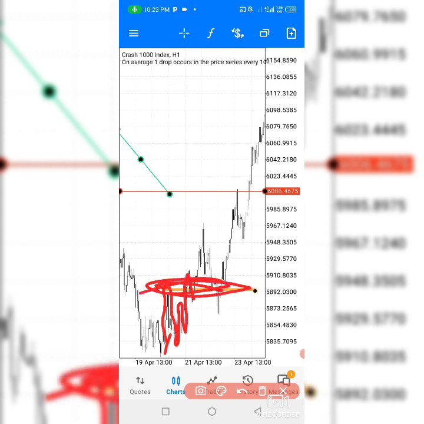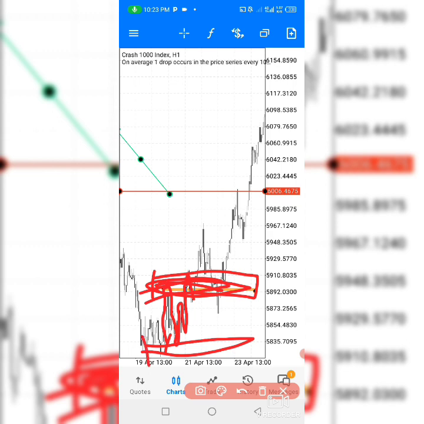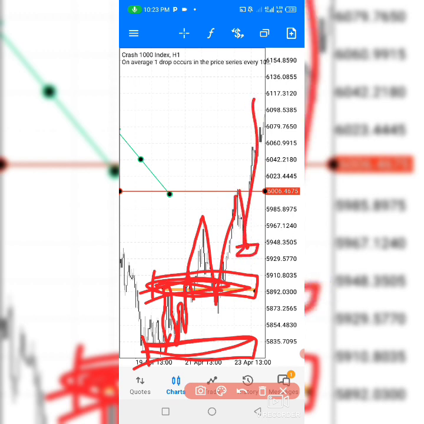This area was broken. So this area that is broken becomes a mirror. Here, which contains the low, becomes another mirror also. Price breaks it and goes up, comes back to the mirror and goes up again, comes near it but doesn't touch the mirror and pushes. So I'm going to show you the rationale behind all this movement.